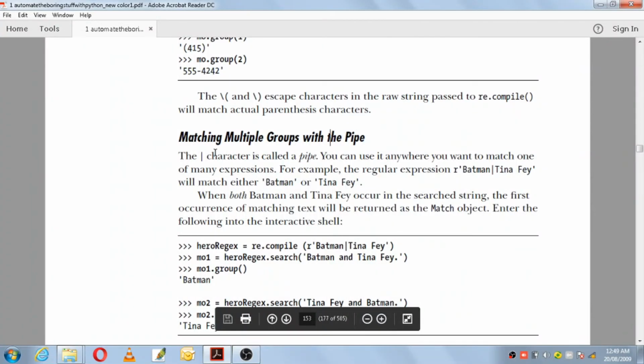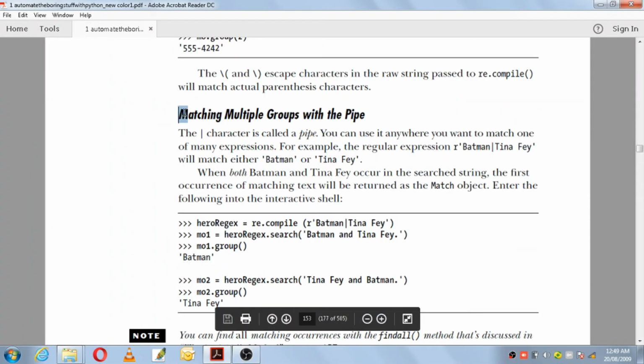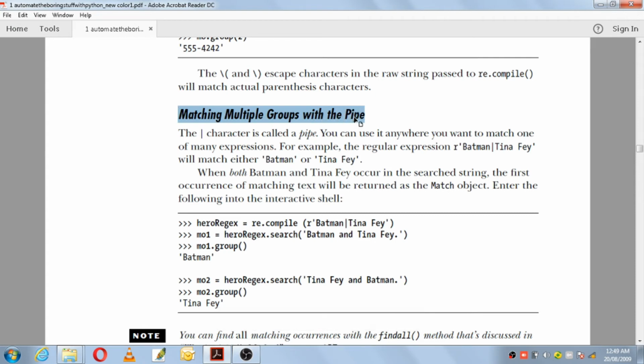The next topic we have here is matching multiple groups with the pipe. Okay, so this character is called a pipe. You can use it anywhere you want to match one of many expressions.